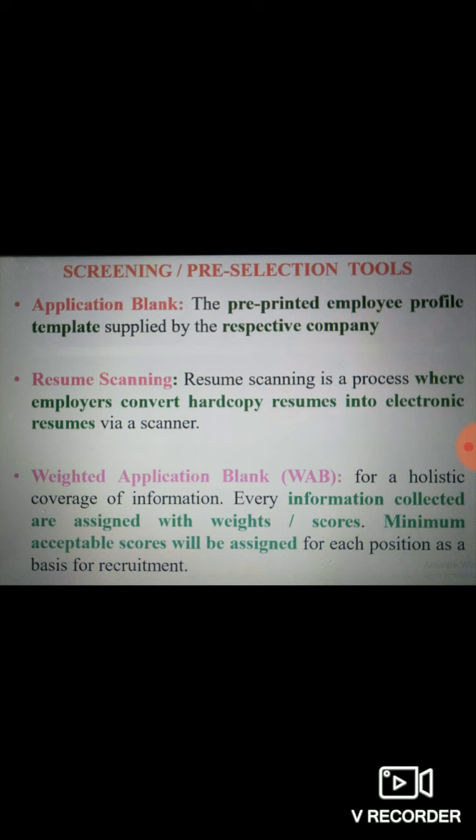Your specific data should be filled in by your own effort. Sometimes this application blank is going to be a hard copy, or it can also be a computer sheet, like Google Sheet, in which you are supposed to fill in the specific data and submit it. So this is one screening tool or pre-selection tool.